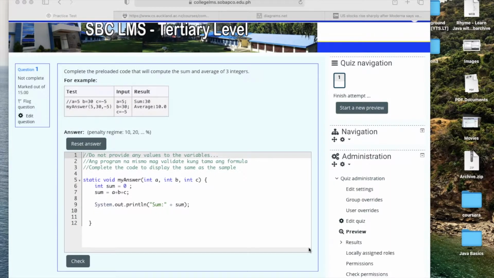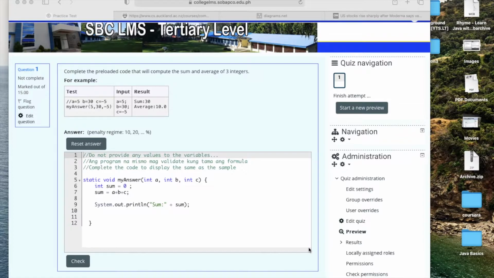Challenges of teachers in programming is how to check a programming problem. So in this demonstration, I will illustrate the new feature of our LMS. In this case, the student will automatically be notified if the output or the solution of his or her solution is